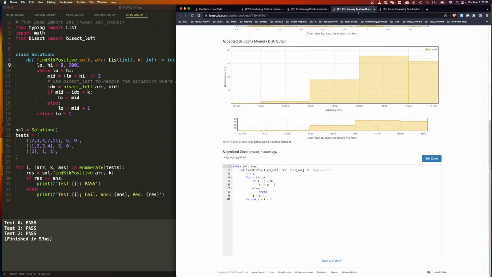And j will jump up. A plus 1, because that will be the next one. And if a minus j is 0, that means nothing is missing. We jump to the next one. And then if we keep moving, at a certain point, a minus j will equal to k, which means the things in between, right? So we have that much missing in between, and then we need to return k